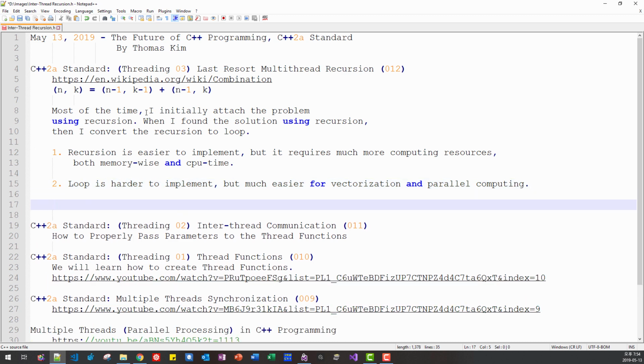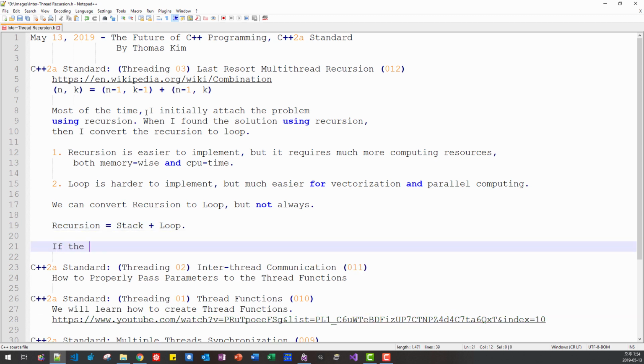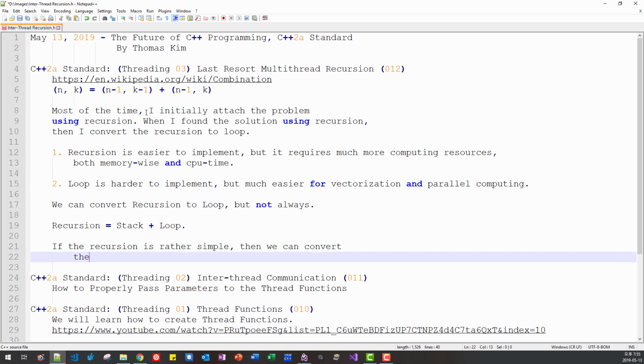So we can convert recursion to loop, but not always. Recursion is basically stack plus loop. If the recursion is rather simple, then we can convert the recursion to loop without using stack.